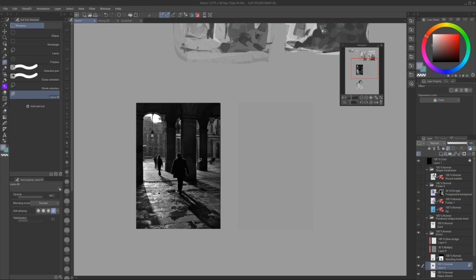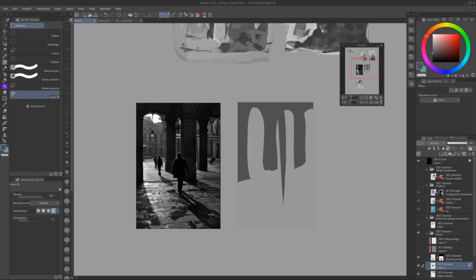I don't see this tool anywhere else really, except for Clip Studio Paint, like one app on iPad. But with this, I can block out pretty big shapes. I'm not gonna go in too precise here. I'm just blocking out the composition,